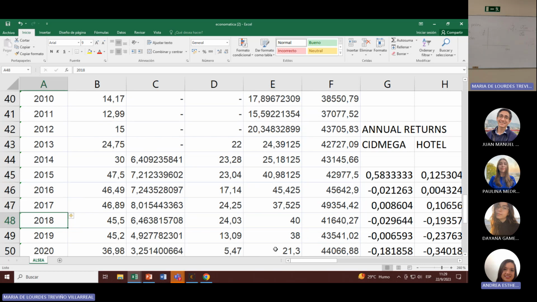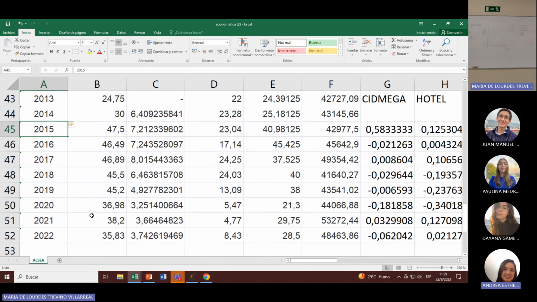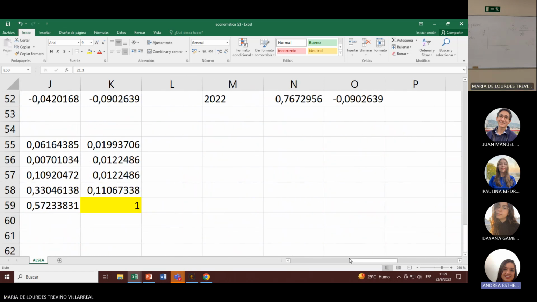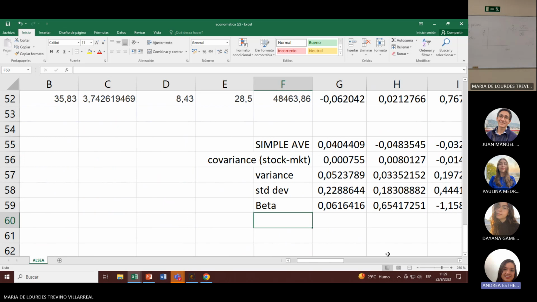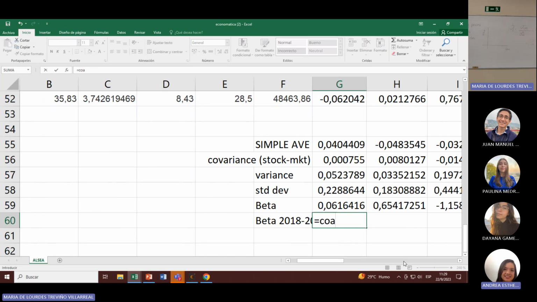Did I use only 18? No, right? 2015. Right? So let's do it now for 4 years, 2019 to 22, half of the sample. For example, the data for years 2018 and 2022 will be the cover. You don't have to do it separately now that we know how to do it. The covariance of both